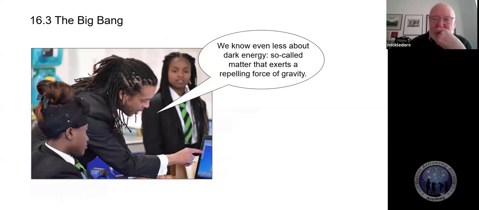Yeah, this dark energy is supposed to be stuff, not the stuff that you and I know, that exerts a repulsive force of gravity. We haven't got any evidence for it in the lab that we can test. We've no idea what it is, but it's supposed to make up most of the universe. And it's supposed to operate on the largest of scales. Well, I think with the Hubble and the James Webb Space Telescope, we have got to very, very distant galaxies and very, very early universe.